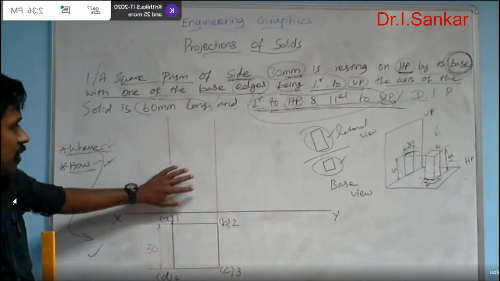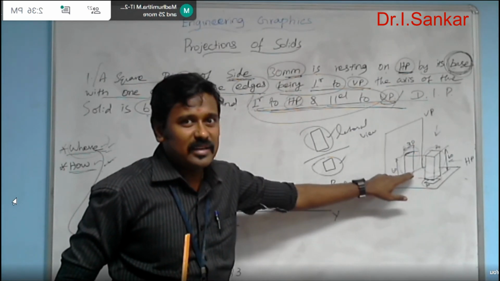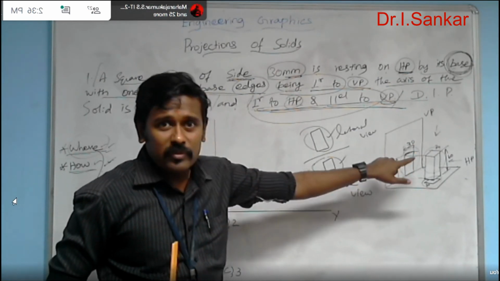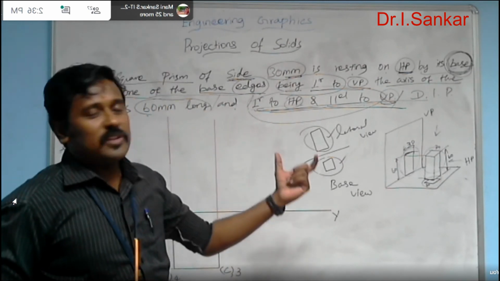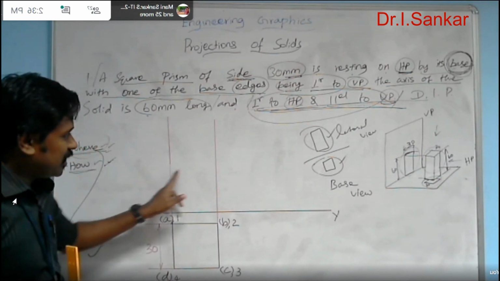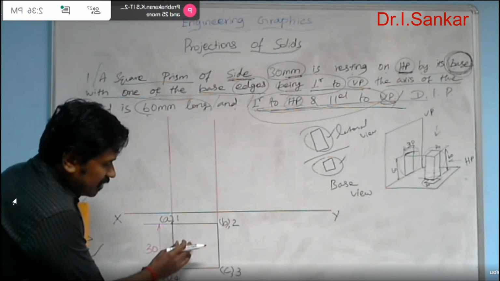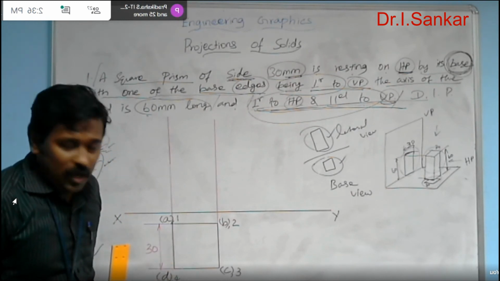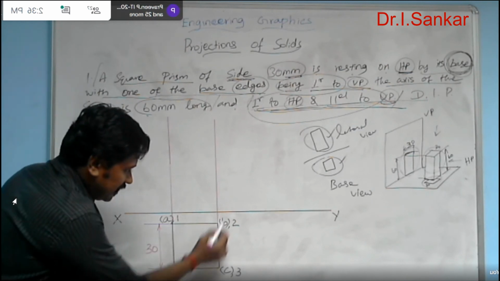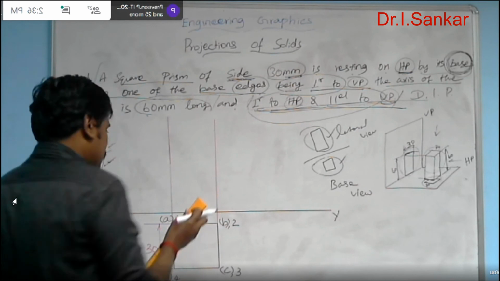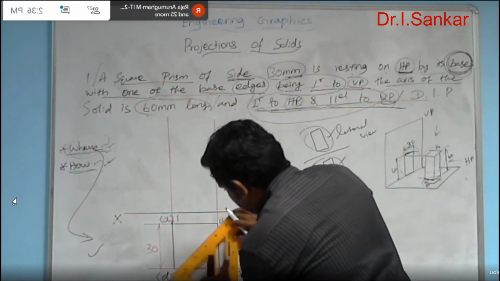And then here I am going to draw the front view. The front view here is nothing but a rectangle. The rectangle's dimensions we know. The height of the rectangle is nothing but the axis height of the solid, and the width of the rectangle is obtained by the end projectors. And one more point, you can identify the axis in the top view itself. How to find the center point of the square? Generally by connecting the diagonals and finding the cross point. So here let me find the center point of this square base.